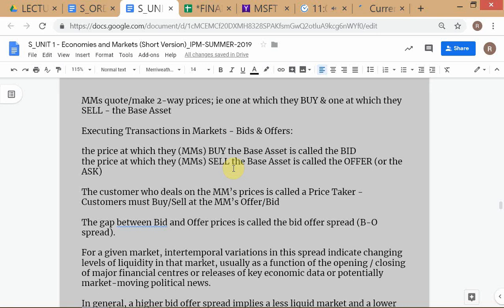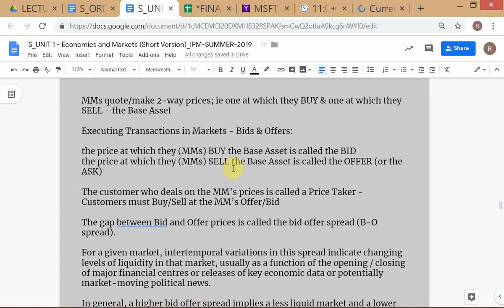The prices are always quoted by someone, and you will know who is quoting the price. You are not quoting the price, somebody else is. This is clear? He's the market maker, he's quoting the two-way price. So the concept to learn here is quotation of two-way prices. Why two-way? One for buying, one for selling. What is bid, what is offer? The price at which the market maker buys is the bid. The price at which the market maker sells is the offer.